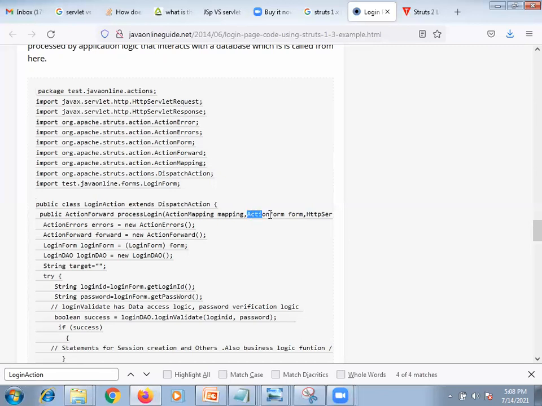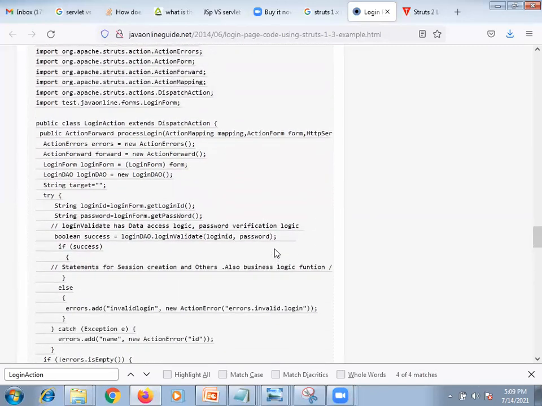Just like the servlet request, the action form gets the data from the UI. This is the action forward. Once all the logic comes, the form is received from the UI, we convert it and process it. This is how the mapping looks.